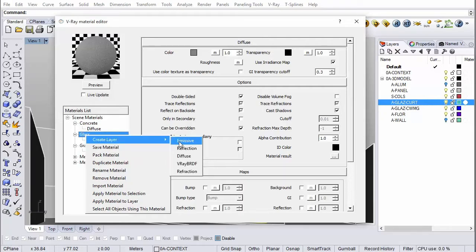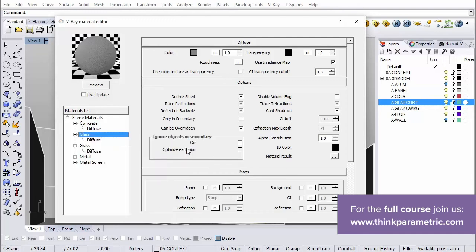Reflection, if you wanted to reflect. Diffuse, that's the standard color information. And finally, at the end, is refraction, in case you wanted to have a more complex kind of glass or transparent qualities. But since this is an architectural render and we want really quick, just transparent and reflective glass, we're just going to create a reflection layer.